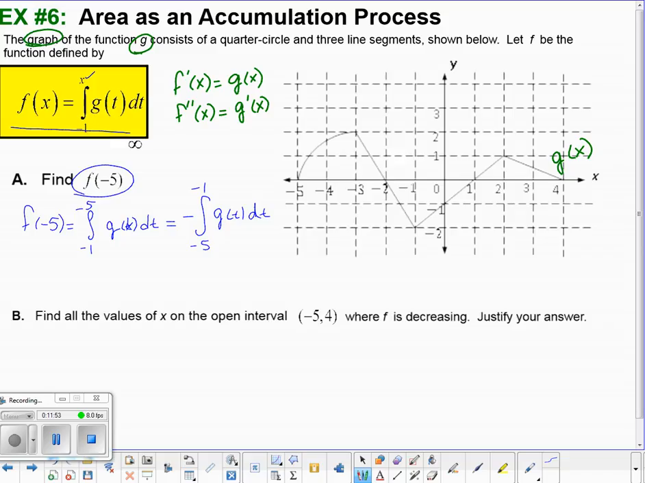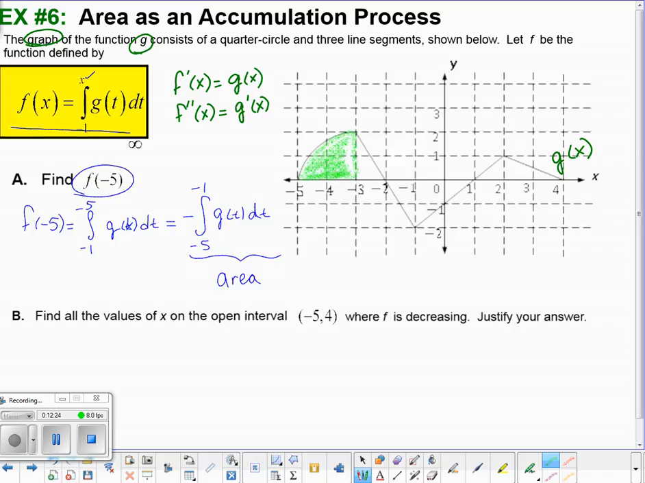All right, now what I need to do is the integral of this, which is going to be the area under the curve, isn't it? So this is the area between the curve and the x-axis. So from -5 to -1, we have a quarter circle. Let me put on the crayon here. We have a quarter circle in this first,